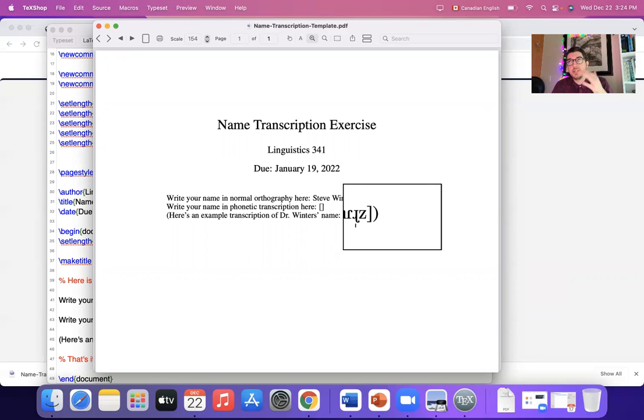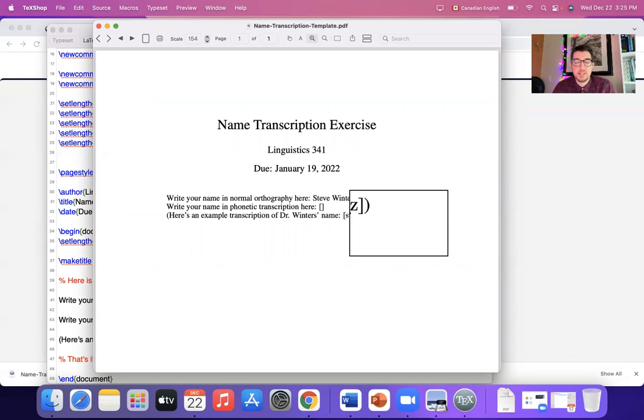It goes by very fast if you think about it. This flap is the same as the flap in city, atom, metal, and so on. Then the next one is the retroflex R, winners, and the R is syllabic because, as I mentioned in the lecture, it needs to be syllabic because there is no nucleus, no vowel in this syllable, so it takes upon the role of the carrier of the syllable. And finally, Z, winters,